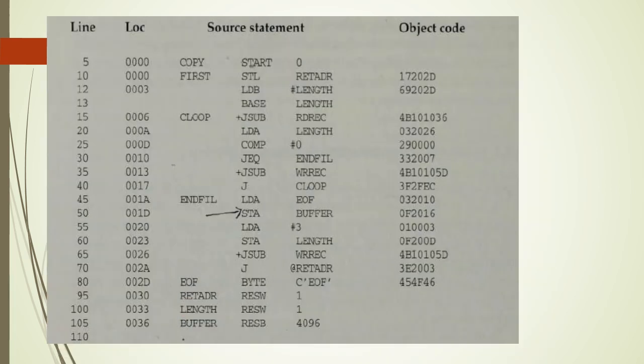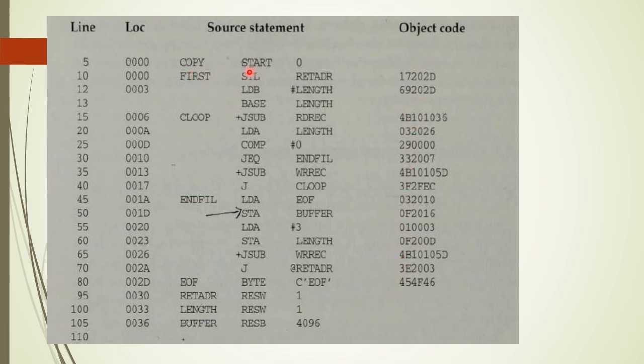Okay. So now we'll see how to generate the object code for the given program of SIC/XE machine. Here the name of the program is COPY, and the starting address of the program is 0. The process of generating an object code for a given instruction of SIC/XE machine will be in two passes. In pass 1 of the algorithm, we are going to generate the location counter value, and then in pass 2, with the help of this location counter value, you are going to generate the object code.